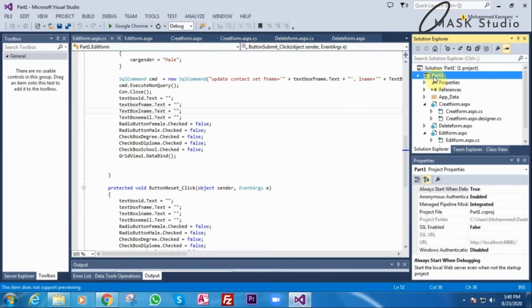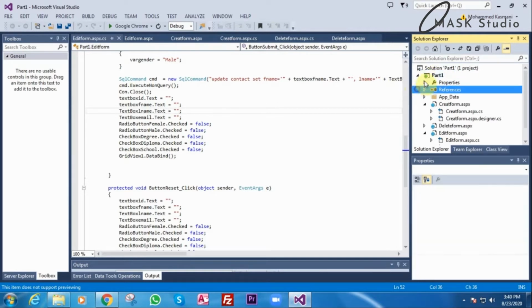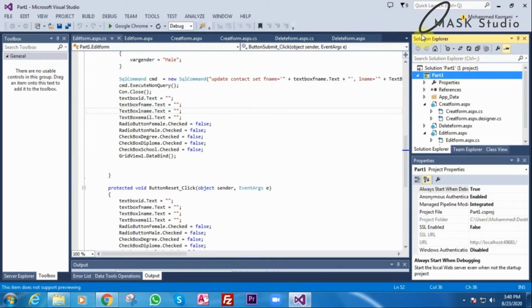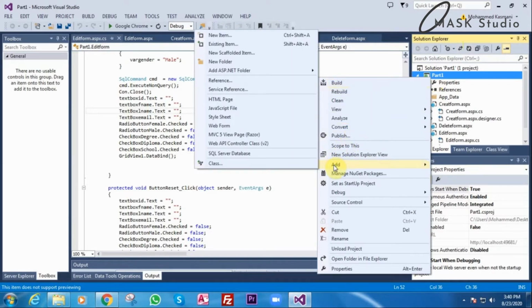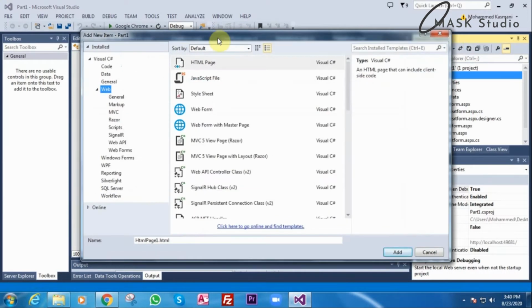What I will do now is right click the project in the Solution Explorer, click add, then new item. I will go to web, then web form.